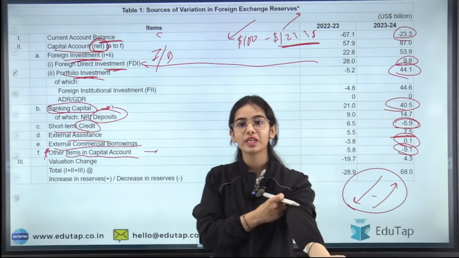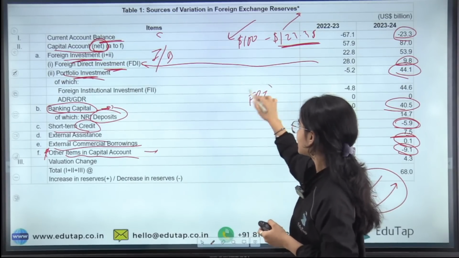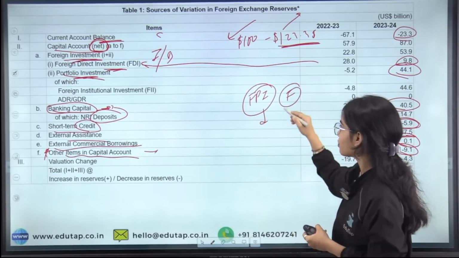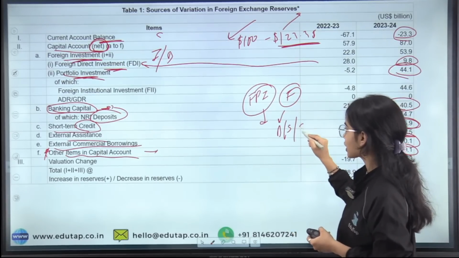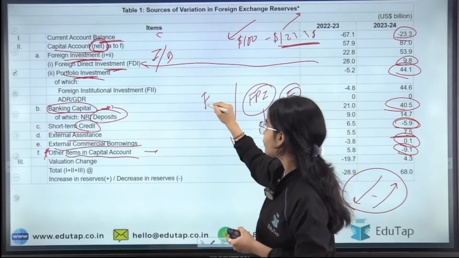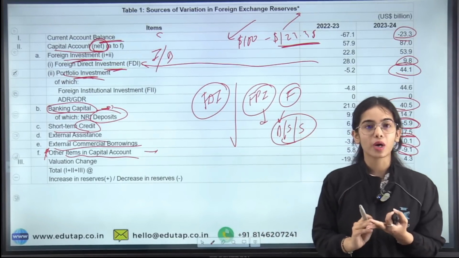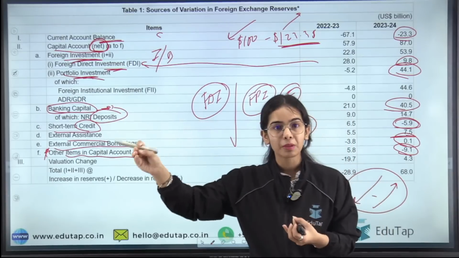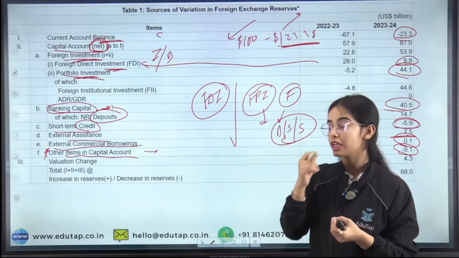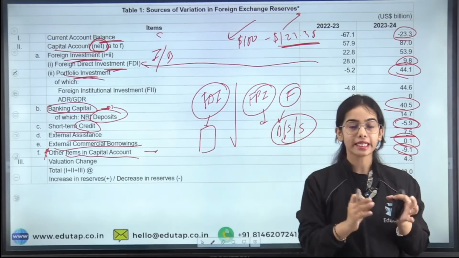What is the difference between FPI and FDI? Foreign portfolio investment is happening in portfolios like bonds. Foreigners are buying bonds, shares, securities, and derivatives in our country. Foreign direct investment is like Standard Chartered Bank opening a subsidiary in our country, or the US company Apple opening a store in our country. FDI is foreign direct investment where physical units are being set up in our country.